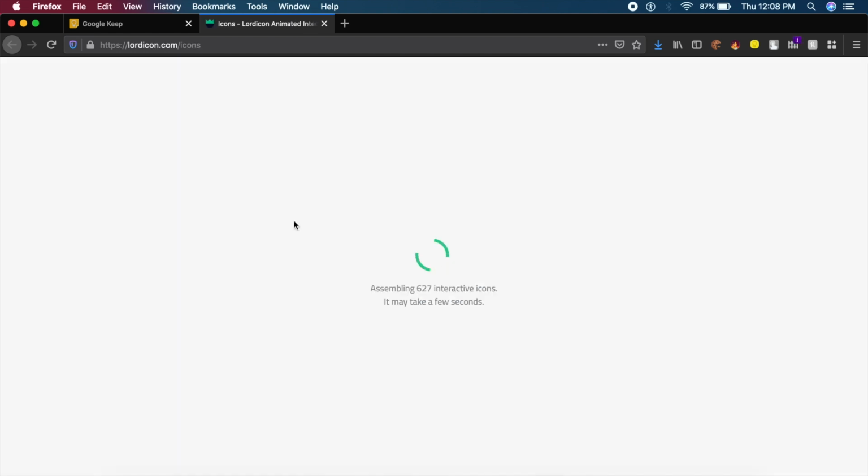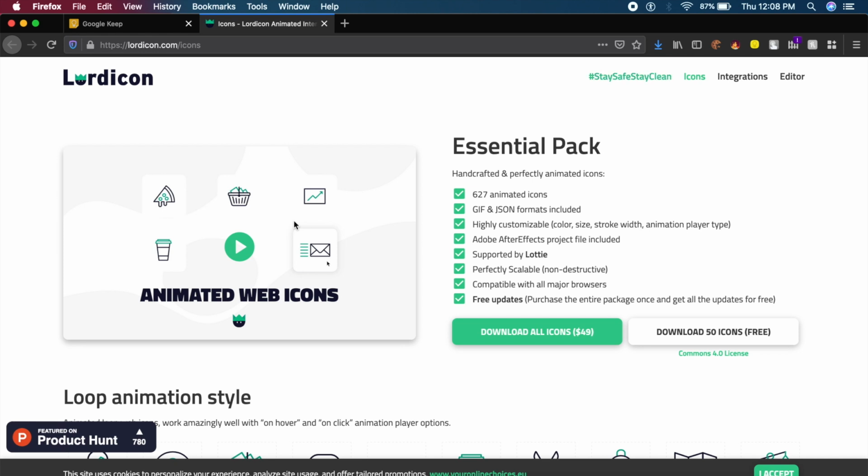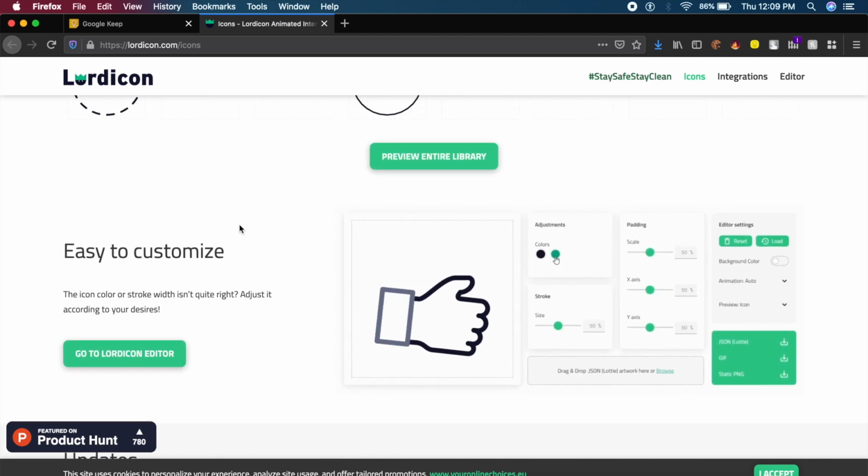Another set of cool free animated icons is Lord Icon. I know it's a very interesting name. These days you get to see very few names like this, but they have something called an Essentials pack. All these essential animations and illustrations that are required for your project are in this pack. Not only that, as a cherry on top of the cake, they even have a customizing editor.